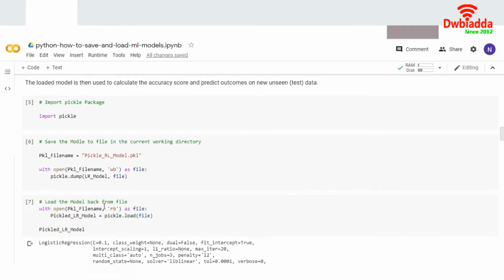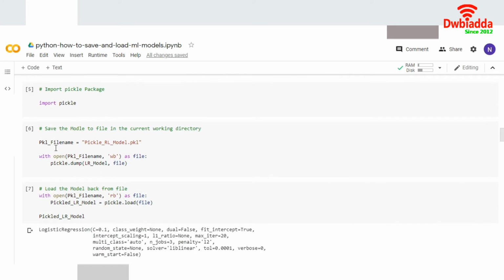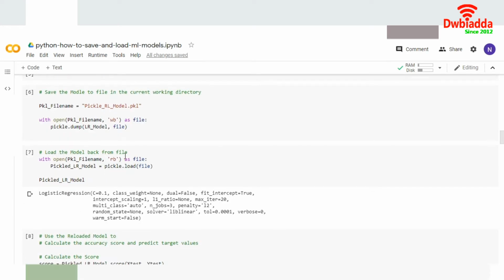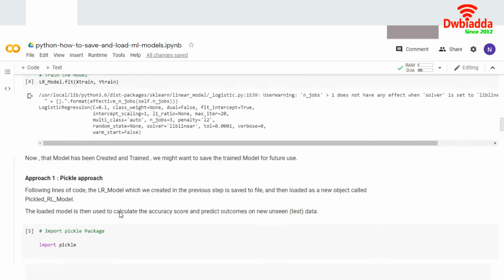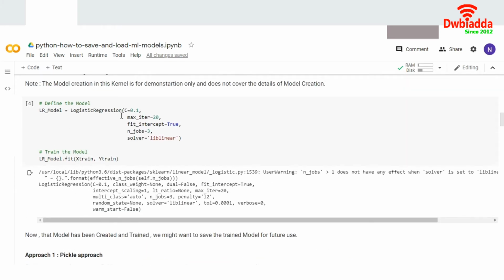So we save it in a file name, and then we open the file and load the model back from the file using a simple with open function. When we load this using pickle, we can see we get our previous model. You can see here is the logistic regression which we have applied, right?